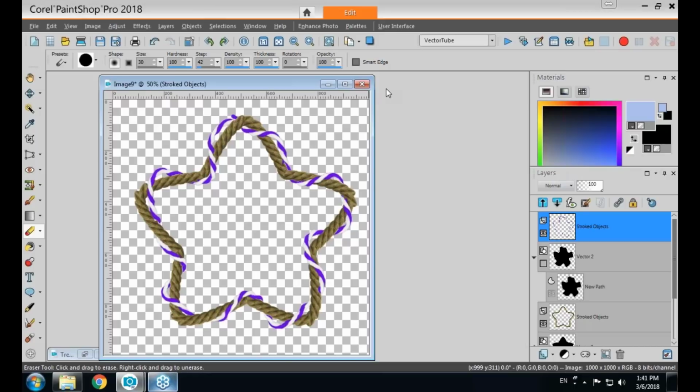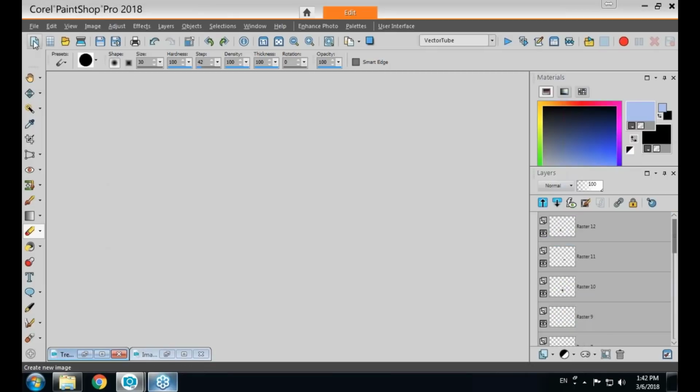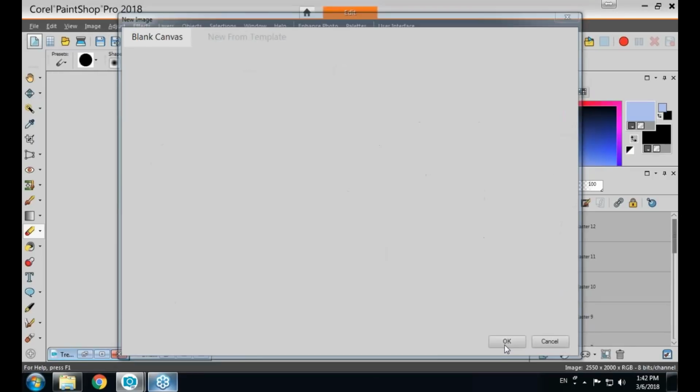If you're a photographer, you might want to have your signature always, and you don't want to redo it again. You could use just a regular PNG image and just copy and paste. But you can just make it as a tube, so it's one click. So let's create a signature